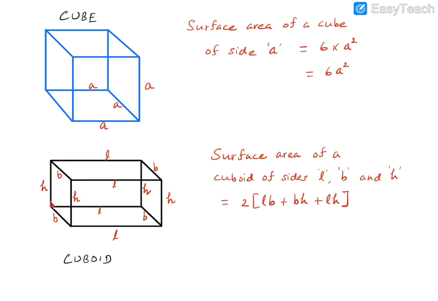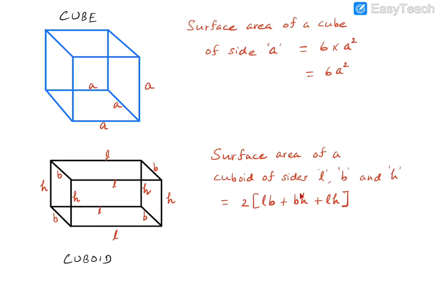Okay, similarly the bottom side also has an area of length into breadth. So we have 2 times length into breadth for the top and bottom rectangular surfaces. Similarly, for the left and the right surfaces, which is this particular surface on the left side of the cuboid, and on the right side of the cuboid, the area of those rectangles will be breadth into height. Okay, so breadth into height is the area of this rectangular surface on the left and also on the right. So because we have 2 rectangles, one on the left and one on the right, it will be 2 times